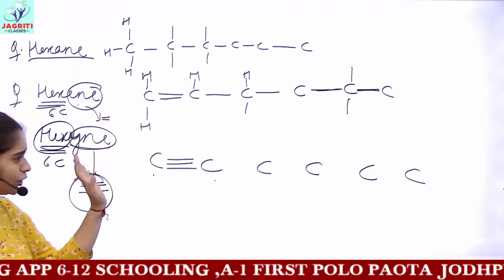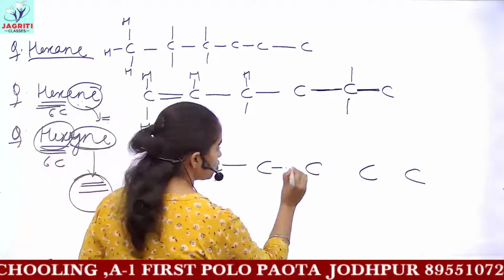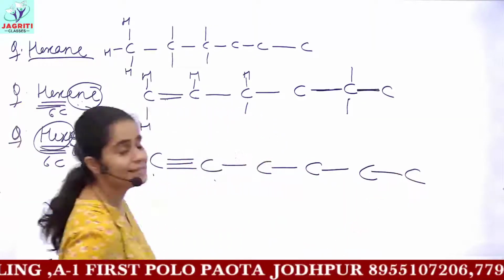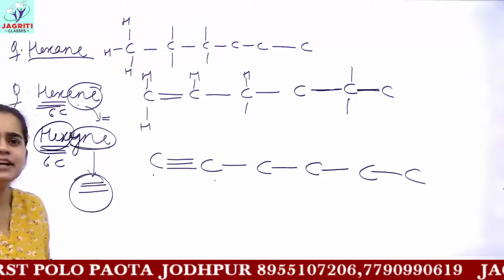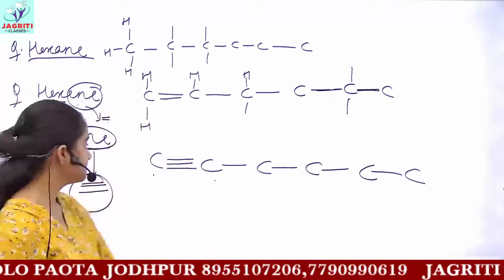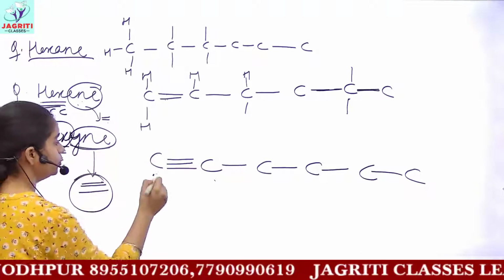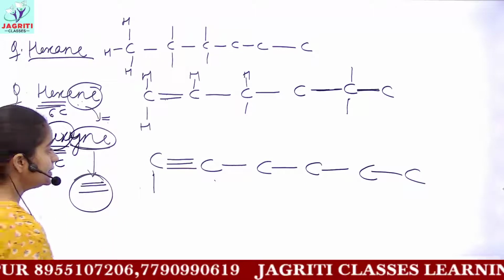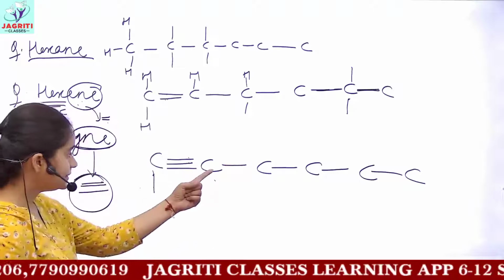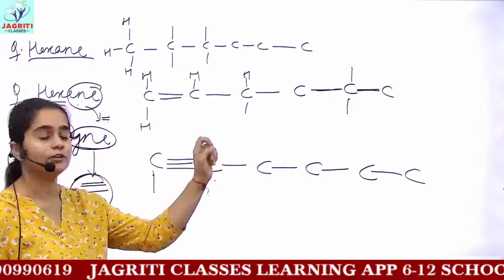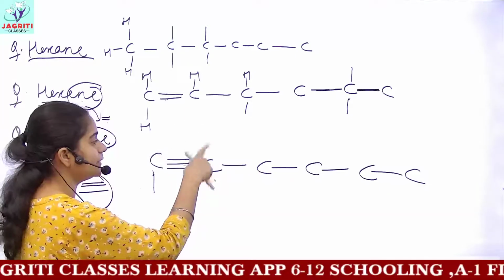Now complete or join all the carbons with single bonds. So now I am joining the remaining carbon with my single bonds. Now complete the valencies, that is complete each carbon with 4 valency. The first carbon has 3 valencies already, so you make the remaining one. The second carbon has 1, 2, 3 and 4. 3 valencies backwards and 1 valency forward. So it already has 4 valencies completed, no need to draw any other valency.